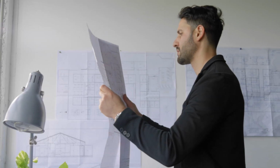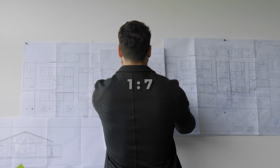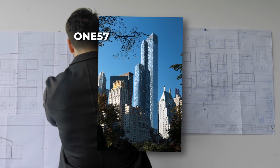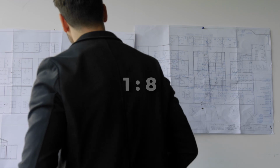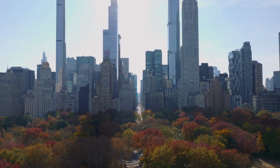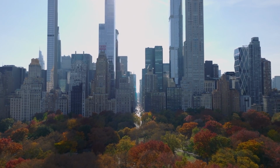New York's building code considers a building super-slender if it has a width-to-height ratio of 1:7, but the towers on Billionaire's Row go far beyond that. 157 was the first of the group to be completed in 2014 with a 1:8 ratio. Next came 432 Park Avenue with a 1:15 ratio. From there, 53 West 53rd, 111 West 57th Street and Central Park Tower joined the rows of super-slender skyscrapers that